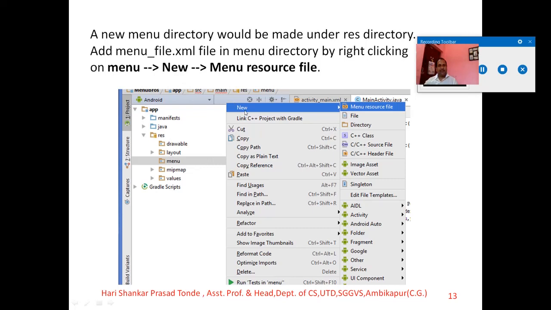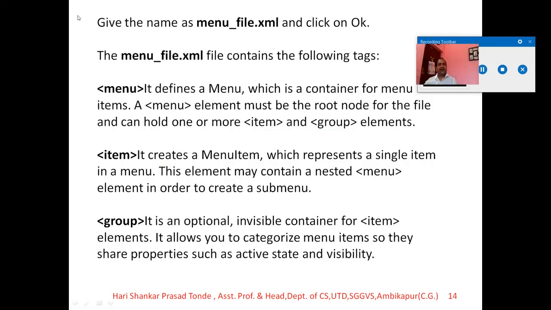Afterwards, choose the New option. A pop-up menu appears, and then you go towards the menu resource file. This is the step you have to follow. Then give the name as menu_file.xml and click on OK.